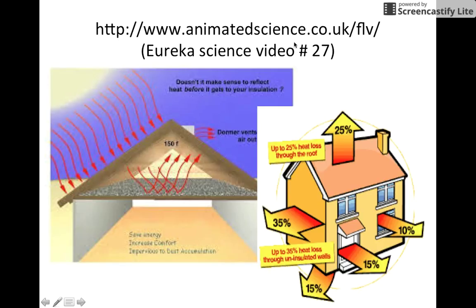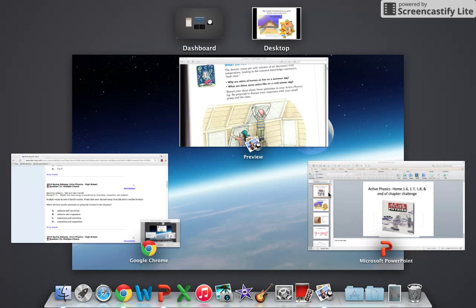And these Eureka Science videos, number 27, actually has an example of convection and heat rising up through a home. So something you might want to show them as you talk about it. And there's some good information about heat loss in homes found on the internet, and it breaks it down percentage wise. And this is going to help them think about this activity,